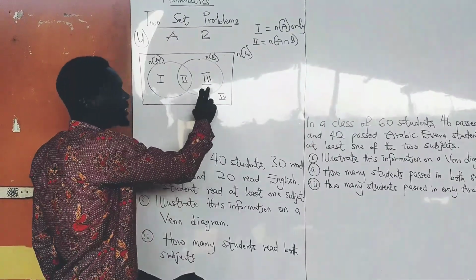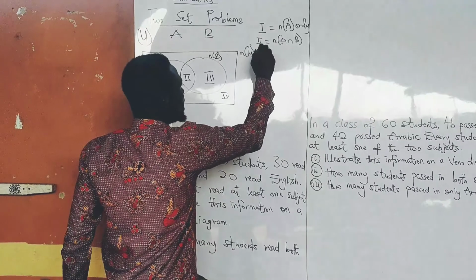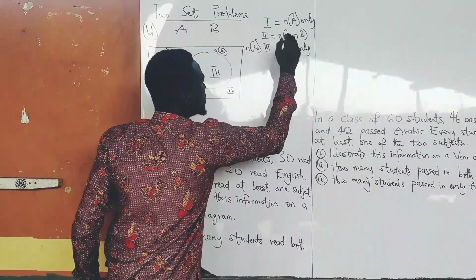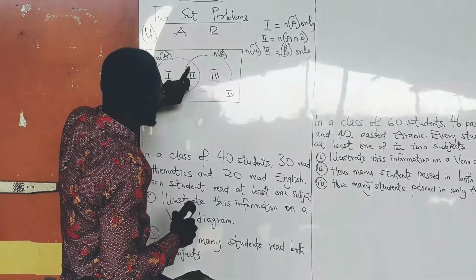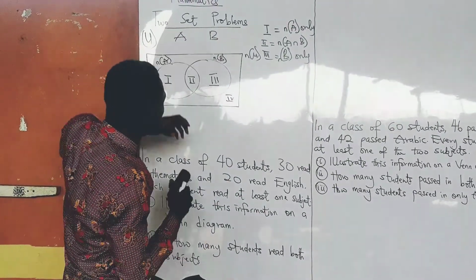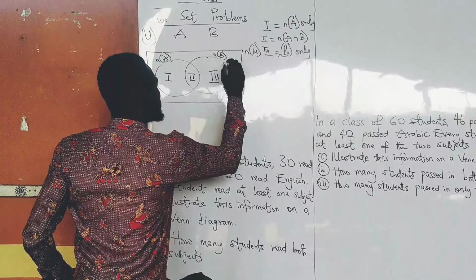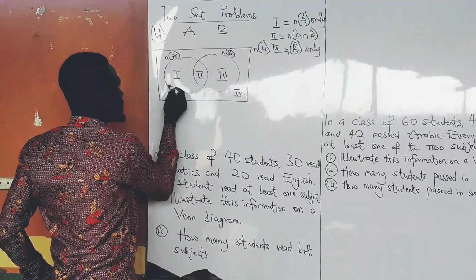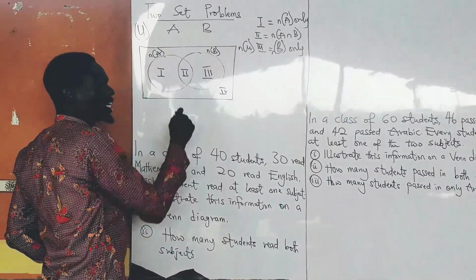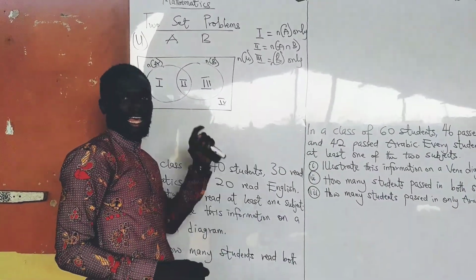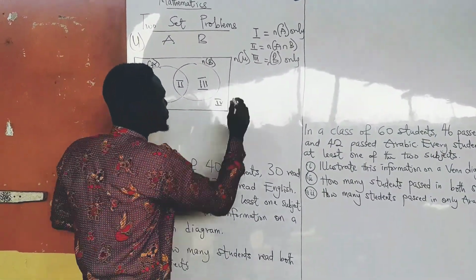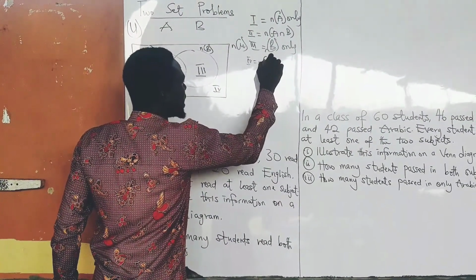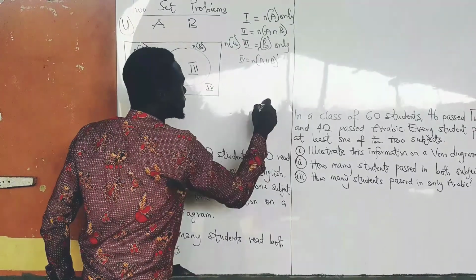Then we have region III as B only, the number of B only, which means this portion is excluded. So B only is this region, A only is this region, and this region is the intersection. Then we have the fourth region, which is the number of (A union B) prime,